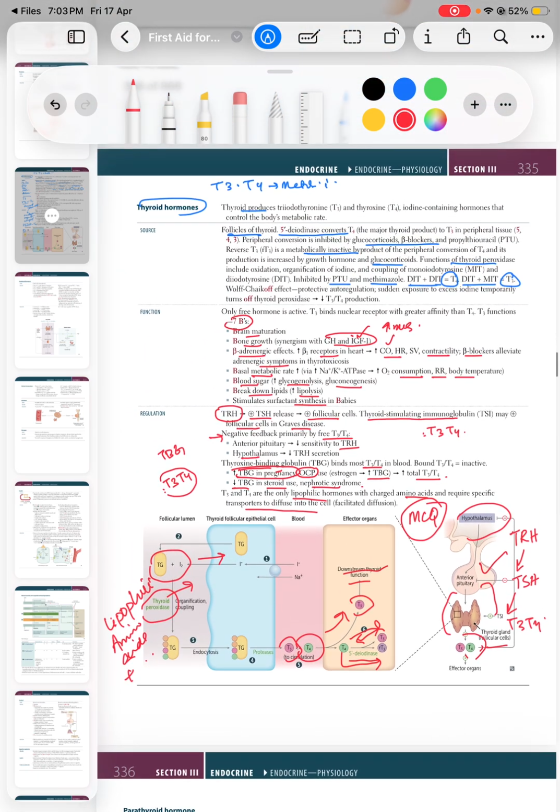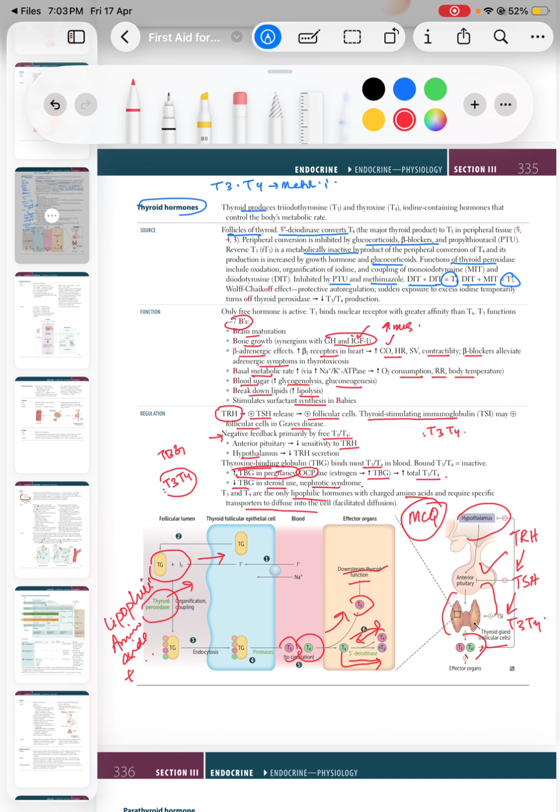We have studied where the thyroid hormones are secreted. It is secreted in the follicles. Then what are the sources? What are the thyroid hormones' functions? So it does the metabolic functions, and the source is the follicle cells, in which the 5D iodinase converts T4 to T3. T3 is the active form which does its normal function in the body,